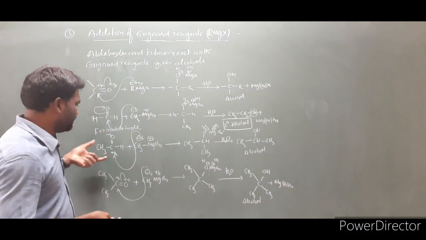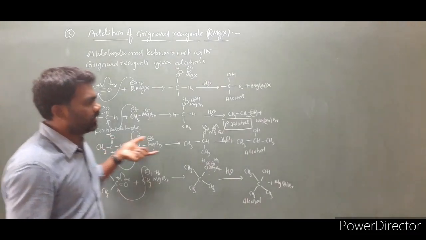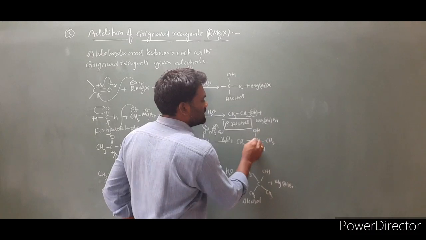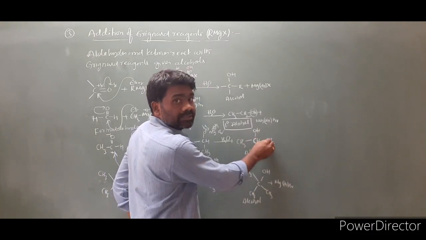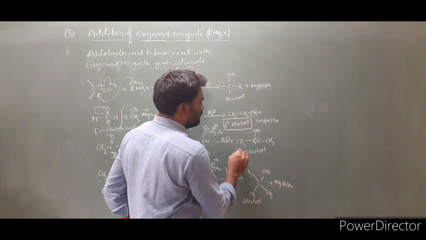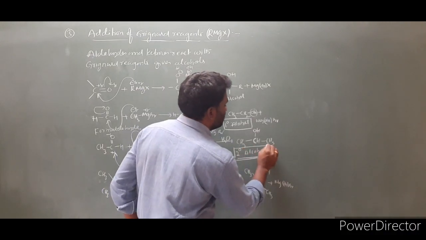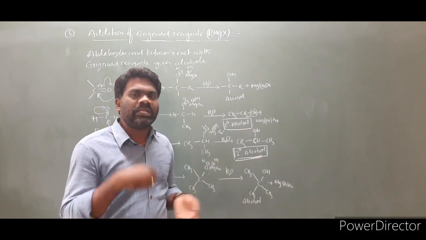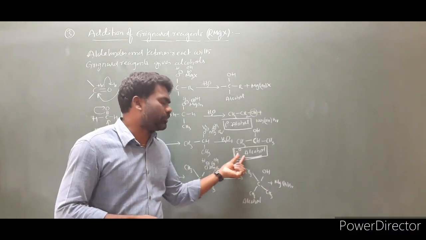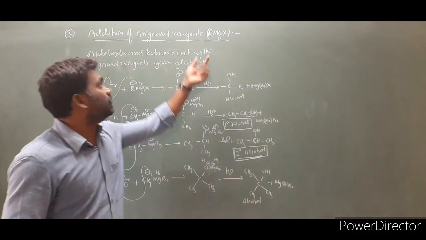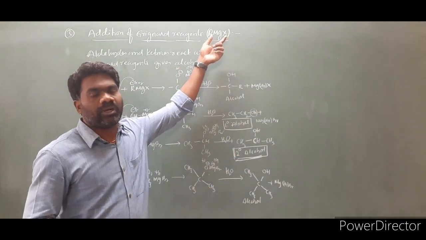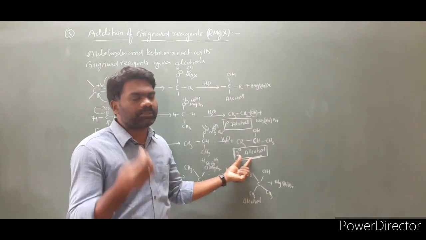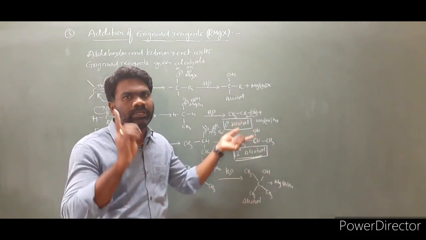Apart from formaldehyde, you can take any other aldehyde, for example acetaldehyde here. Look at this alcohol. This is the OH-attached carbon. This carbon is directly attached to two carbons. This carbon is called a secondary carbon, and this alcohol is called a secondary alcohol. So if we take any aldehyde except formaldehyde, the product with RMgX is a secondary alcohol. Aldehydes react with RMgX to form secondary alcohols except formaldehyde. Formaldehyde will produce a primary alcohol.